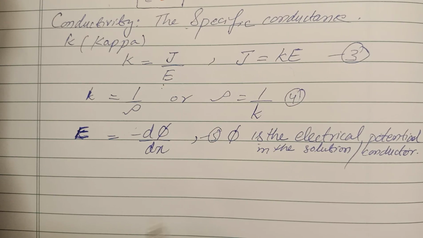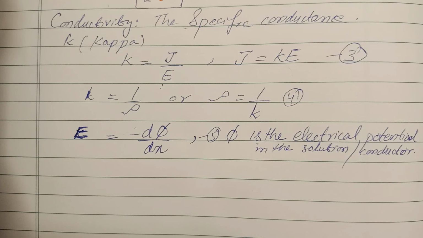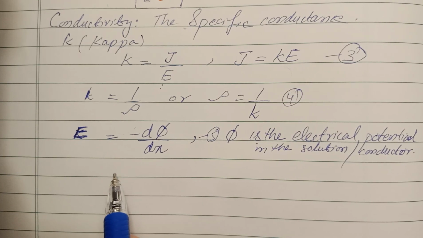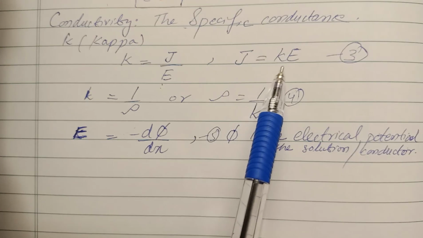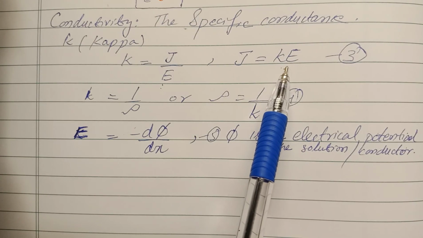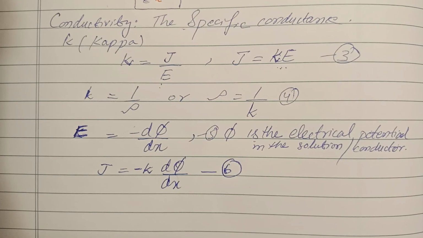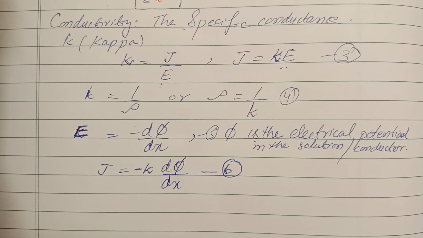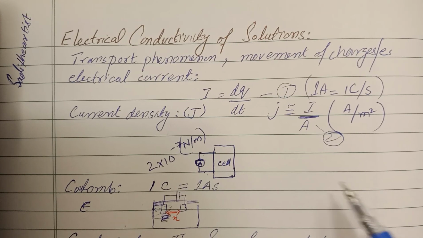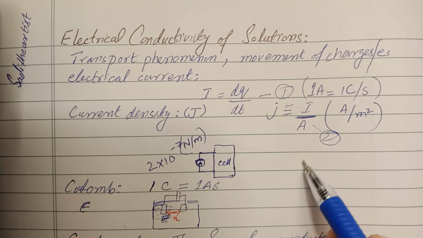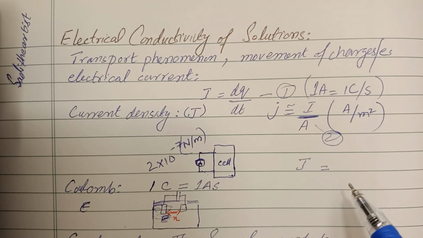According to equation 3, the current density is defined in terms of the electric field. So by comparing equation 3 and 5, we get equation number 6. So by comparing equation number 6 and equations 1 and 2, we get the value of current density, that is equal to the